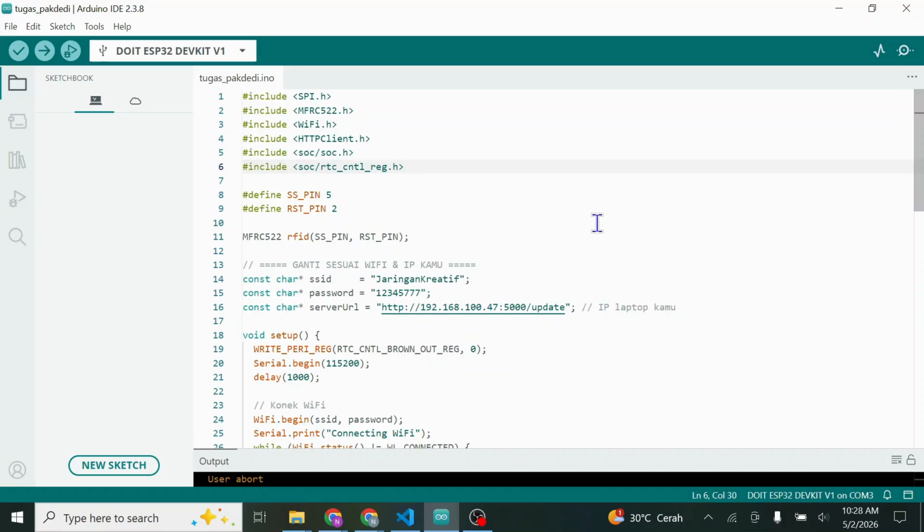I used it to help me build the logic for the ESP32 and the web dashboard. It was a great experience learning how to prompt the AI to get the exact result I need. Now let's look at the code it generated. So guys, this is my code and this is my project.